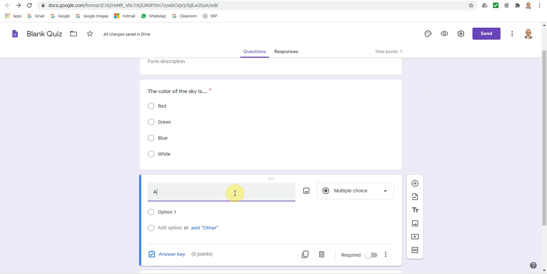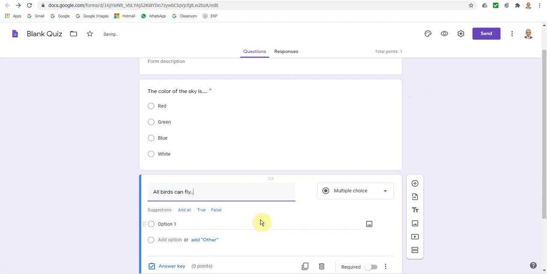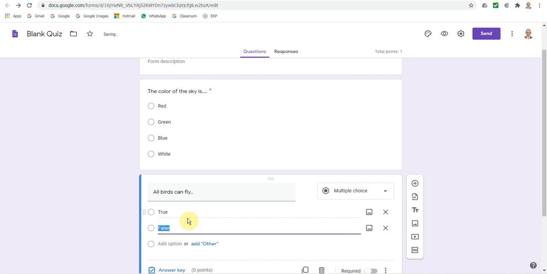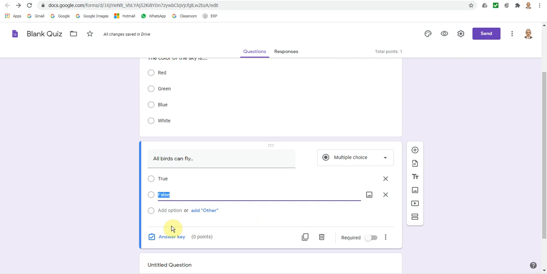So we'll have a true or false. Probably Google has guessed it's going to be a true or false type, so it is giving me the options. So automatically it has taken. When I enter, automatically it gives the option false, right? If you want to add one more still, you can add it.